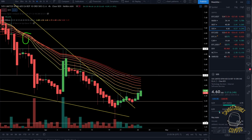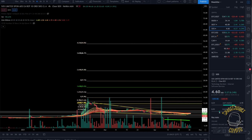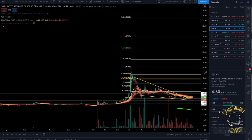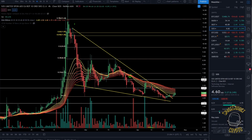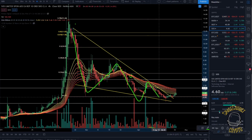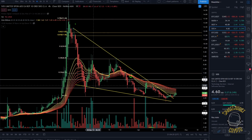But let's look at SOS here, because it's very, very interesting. I'm zoomed in here, but if I zoom out a little bit, you can see the picture that I've been painting for SOS for the longest time here. We've been consolidating in this descending wedge pattern right here, where we find the price top, bottom, bouncing. We did find a lot of touches here on this bottom support area, which is very